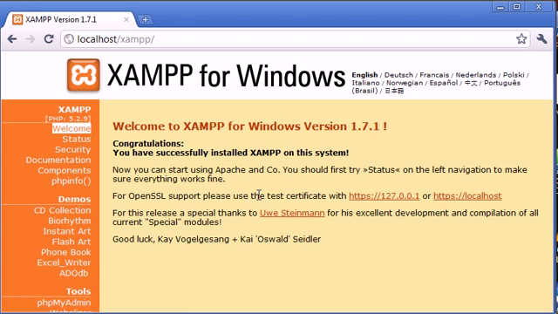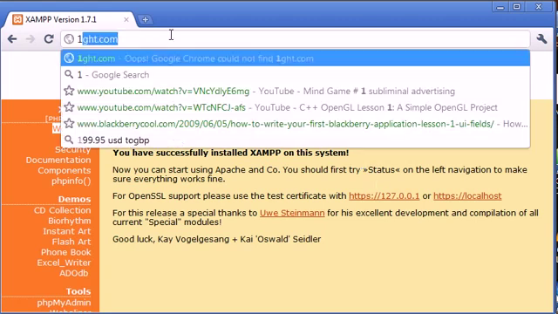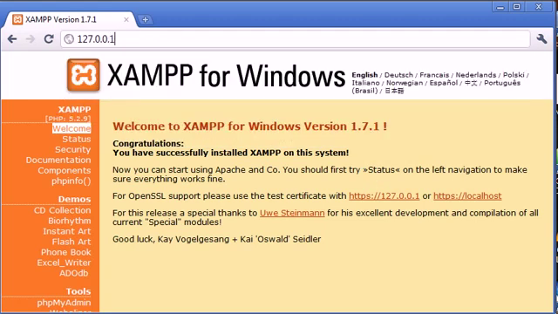If you have got this screen up, then it's got a little congratulations message: you've successfully installed XAMPP on this system. So this will mean that XAMPP is installed. Now you can also access it using 127.0.0.1. It's entirely up to you, but I prefer localhost personally, and that's what I'm going to be using throughout